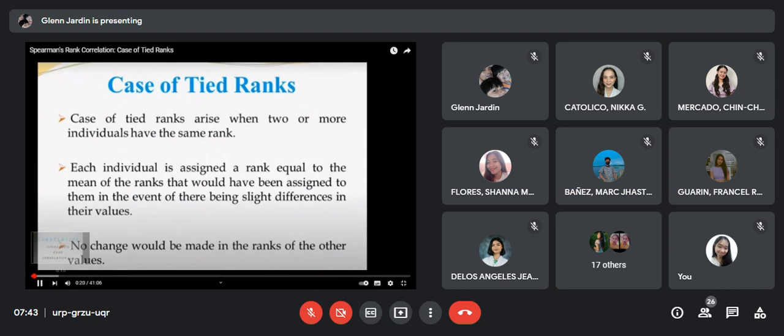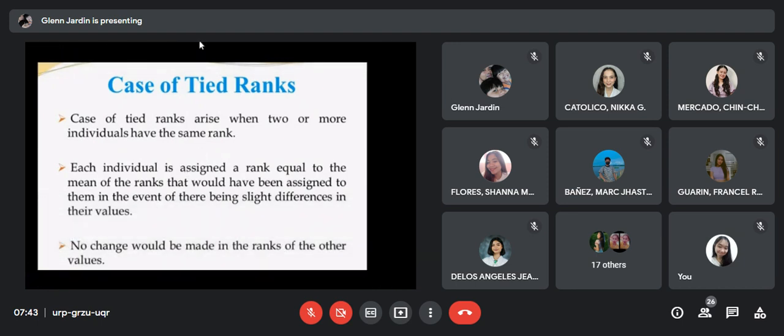Case of tied ranks arise when two or more individuals have the same